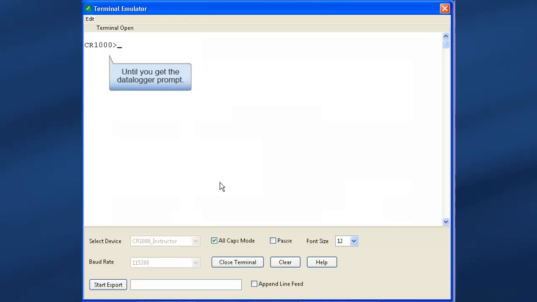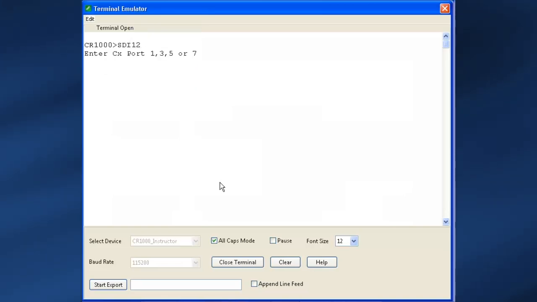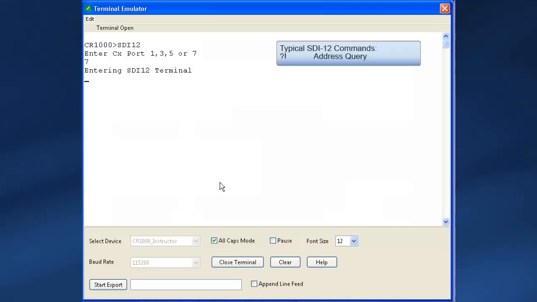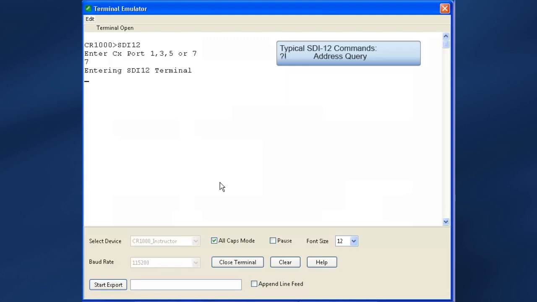Other Campbell Scientific data loggers will have similar prompts. At the prompt, type SDI-12 and enter. Enter the port where your sensor is connected. We're using C7. Type 7, enter. Now you are in SDI-12 terminal mode and you can issue SDI-12 commands directly to the sensor.